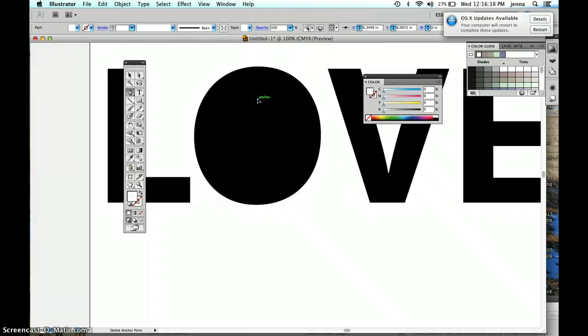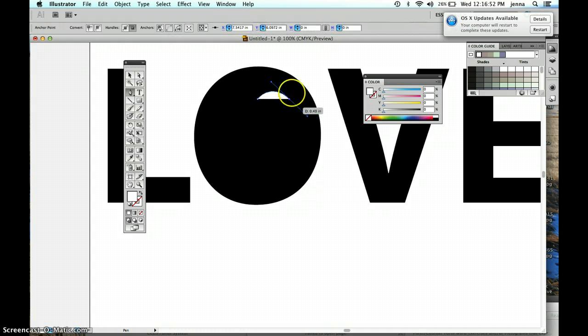So I'm going to click and let go for the point of the heart, and then come over, click, holding down the mouse when you want to create a curve. And after each curved path segment, this is called a segment that's created between the two anchor points, I'm going to click on the center portion, which is your anchor point. And that will release one of the handles that controls the rest of your shape. So then I'm going to come around, and